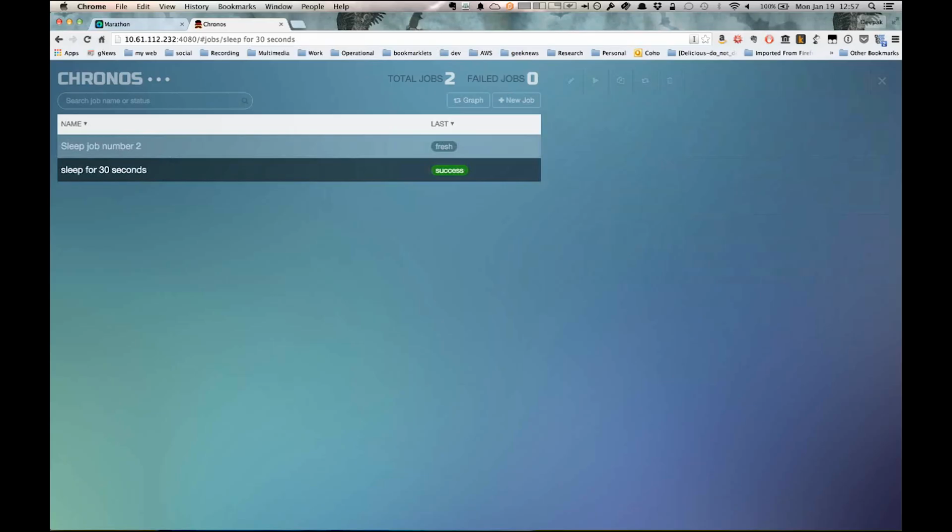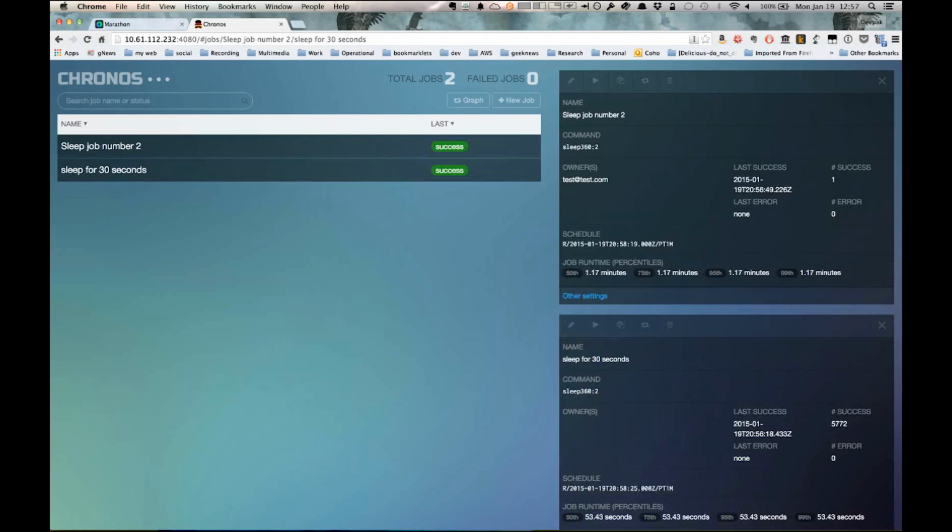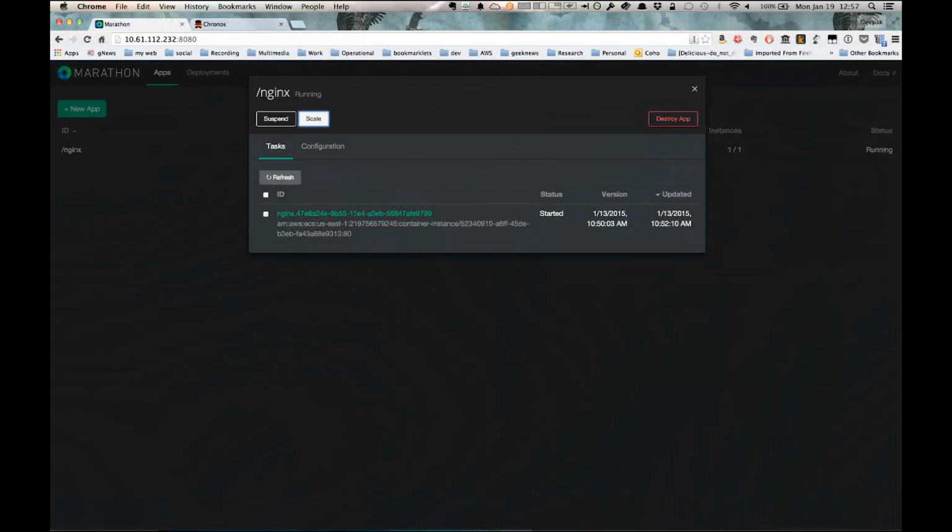Okay, that might be the task that we were looking for, because there we go. As you can see, the task is now a success. And if you go back here, you should have back to having 1 task running. So we have 2 sleep tasks being scheduled onto our cluster. We have an Nginx task running. And you can use our list and describe APIs to see what's happening on the cluster. The point was that you can integrate any third-party scheduler with EC2 Container Service. So if you are using Marathon or Kronos or Singularity or Aurora, another Mesos scheduler, it's relatively simple integrating it